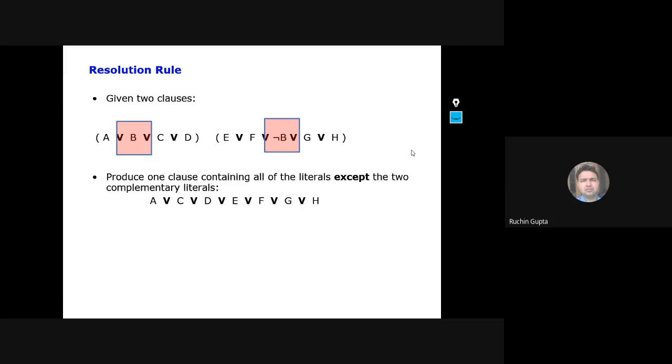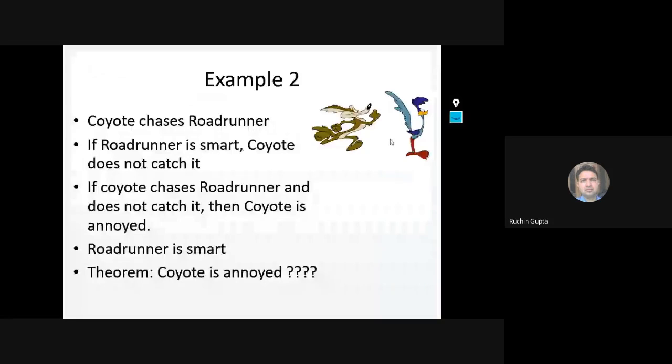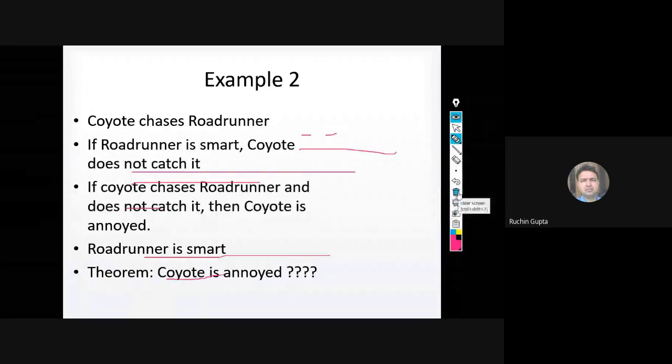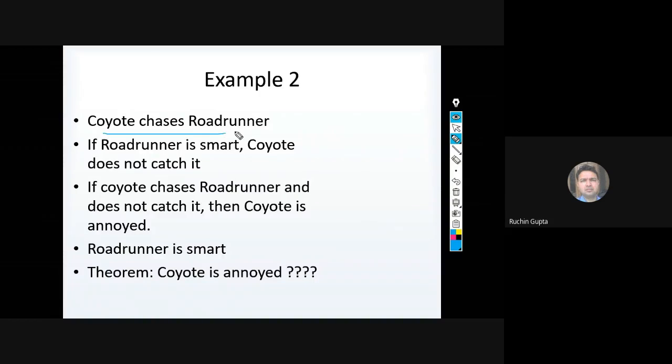Okay, so we come to this example. We are given a knowledge base. So what is given to us? We are given the facts. One statement we are given is that the coyote chases the roadrunner. If the roadrunner is smart,